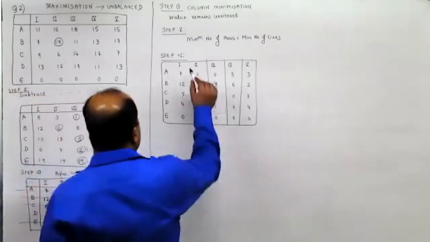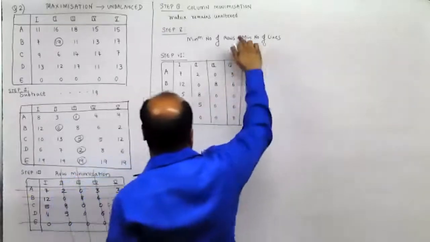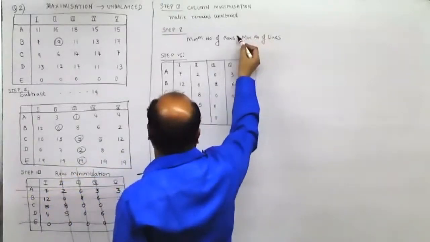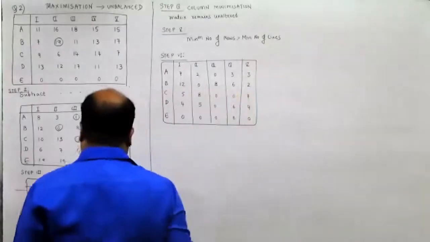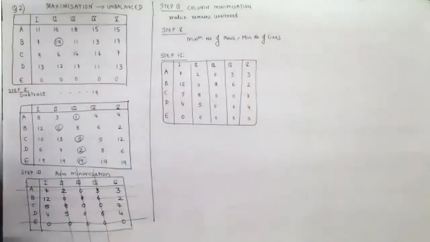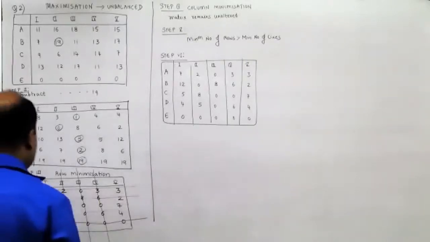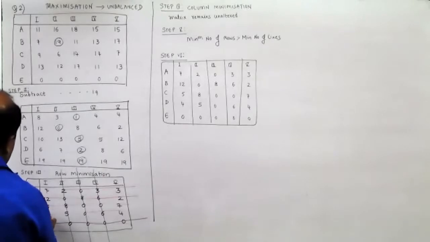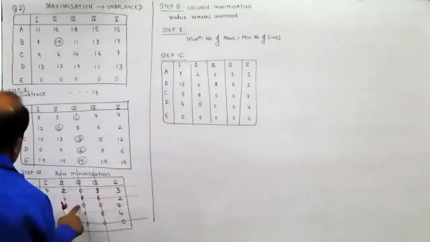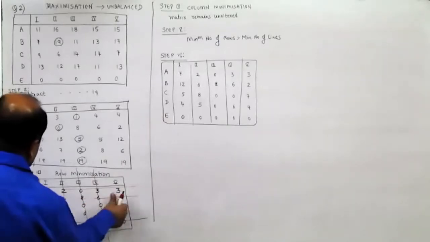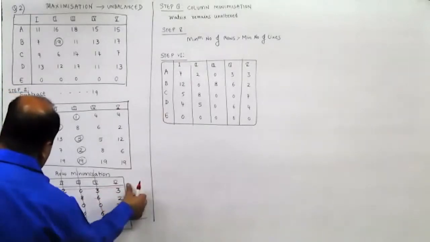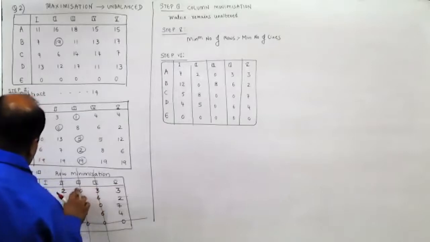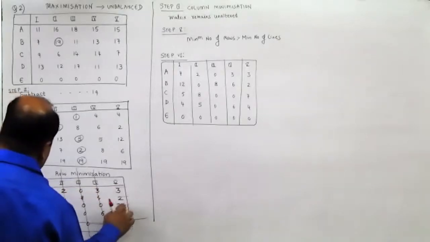So in that case, since minimum number of rows is greater than minimum number of lines, therefore we'll have to consider the minimum value of the ones which are not covered by the lines. The red ones are not considered to be the lines here. In fact, even here you would have realized you would not have been able to allocate if you would have tried with it. Did anyone try allocating it?